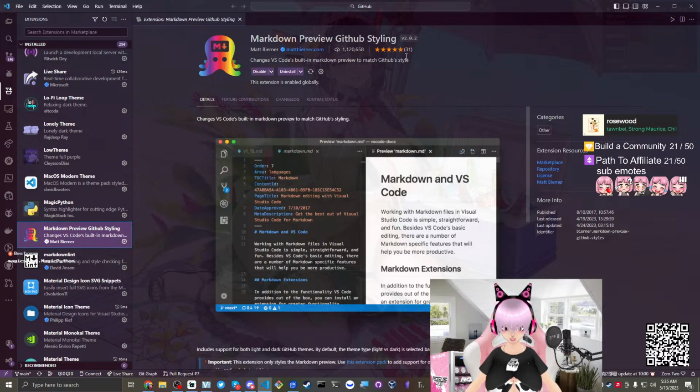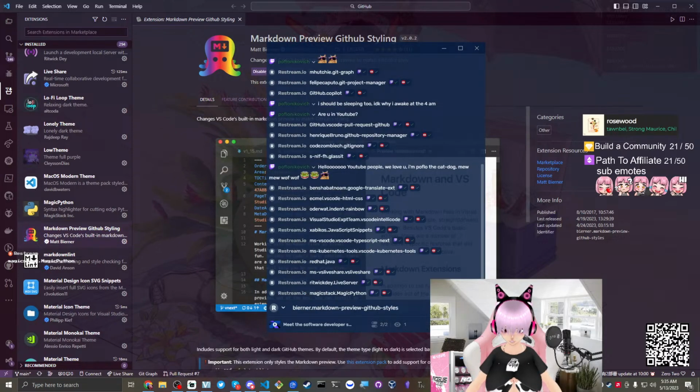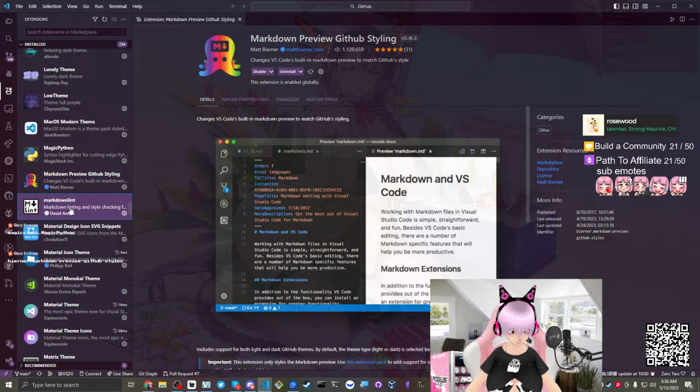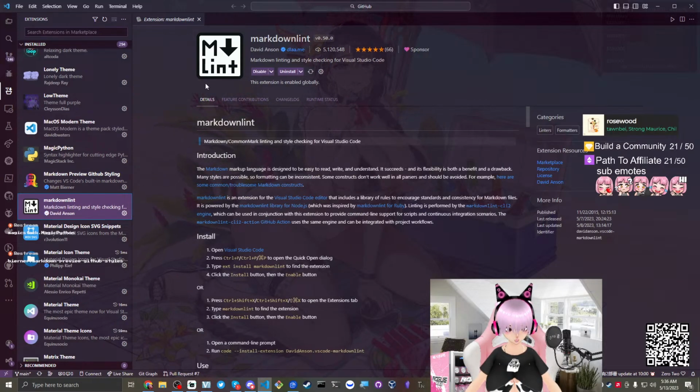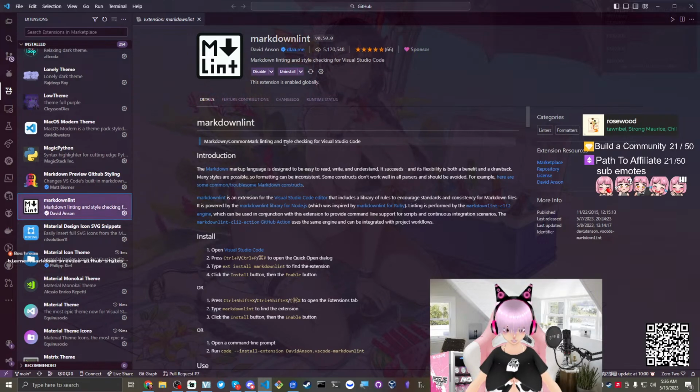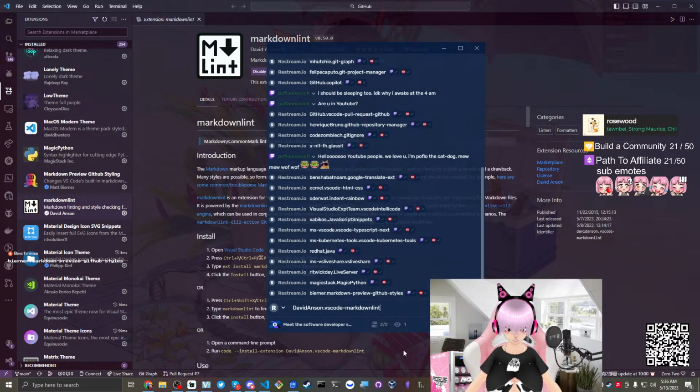We have some Markdown preview, GitHub styling. I have this. That's this here. Markdown preview, GitHub styling. Next on the list, we have Markdown lint. And this is just Markdown linting and style checking for Visual Studio Code. I haven't used this, I don't know. But I have it downloaded, so